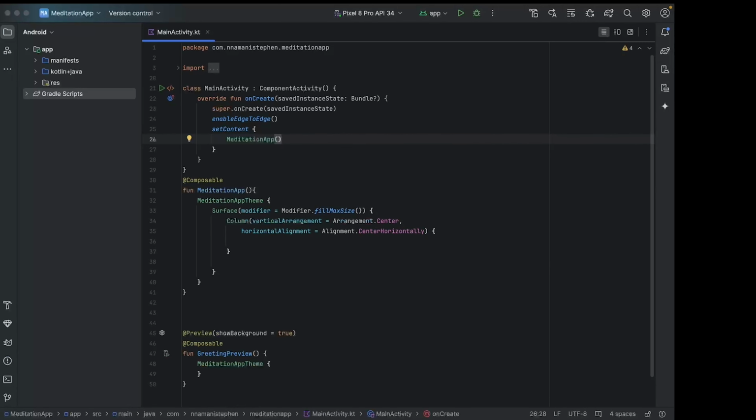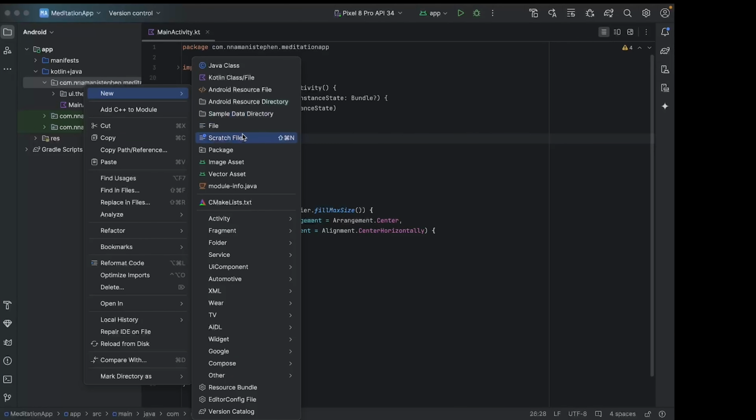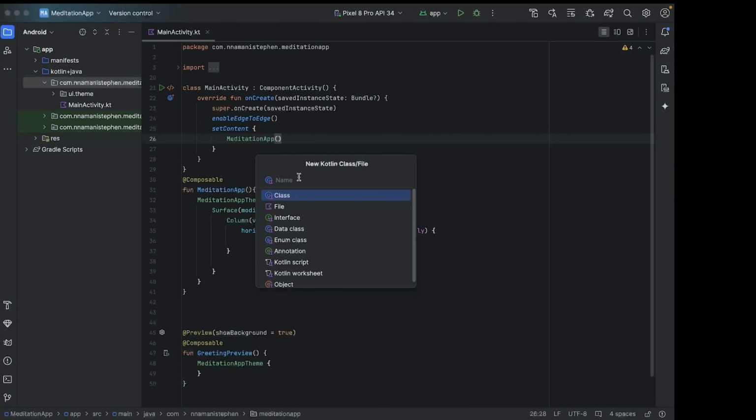Okay, so now that we've set our main activity, because we're going to use Hilt, let's create the Android application class, and we're going to annotate that with Hilt Android. It triggers Hilt's code generation. So all those boilerplate codes that we have avoided using Hilt, Hilt will just create that in the background. So let's create that now, and we're going to create that as part of our main package. So we'll create an application class. So it's going to be a Kotlin class. Let's call that this